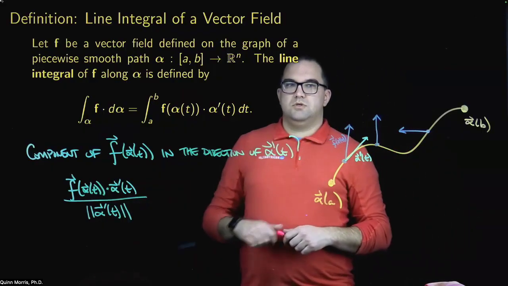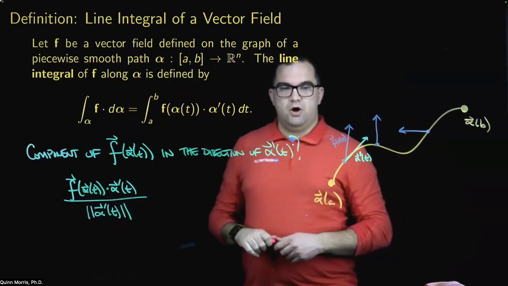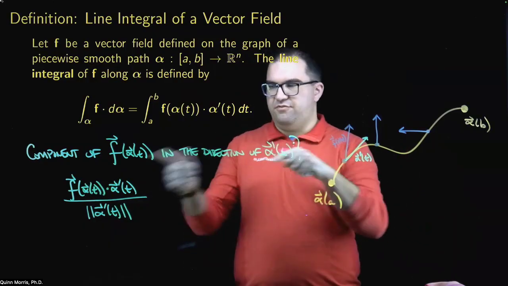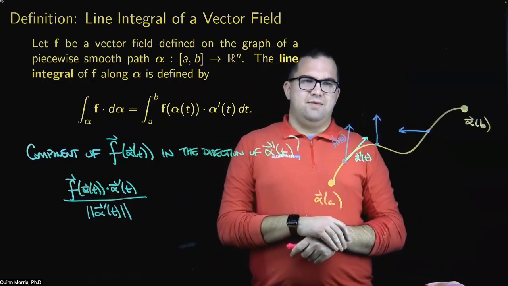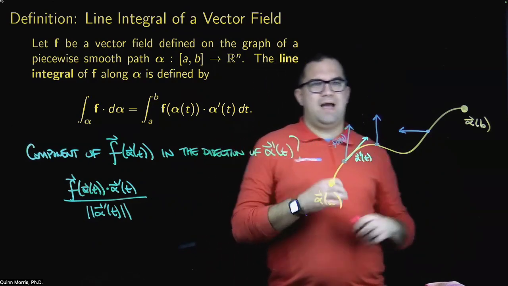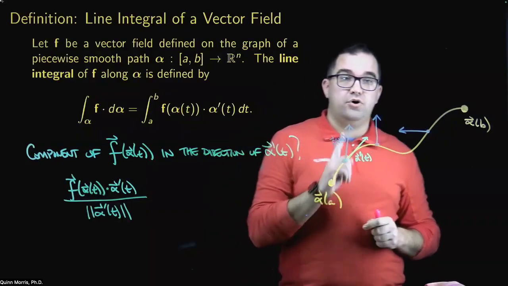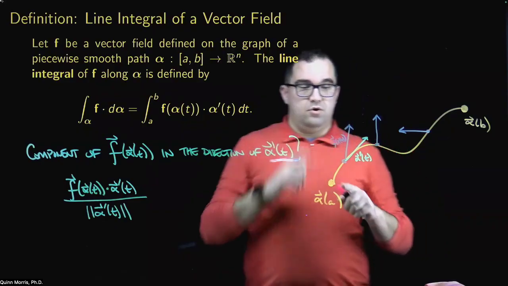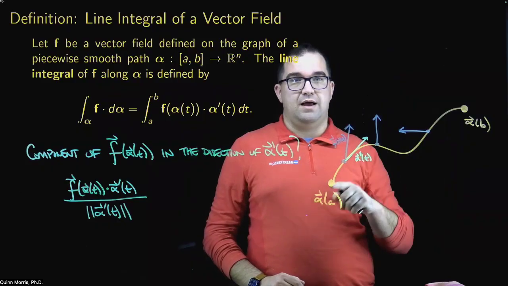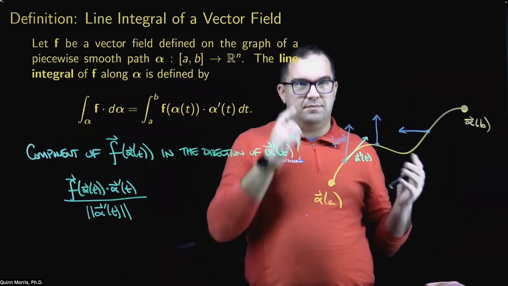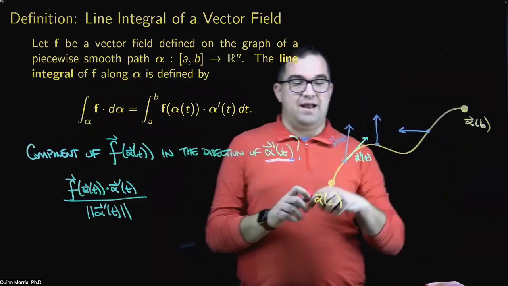All right. So you see this dot product here and this dot product here, but how do we get from here to here? Well, at each point, I can define this quantity, and this is a scalar quantity at each point. And now I want to add them up, but I have to make a decision, which is how do I want to weight each of these values? One way to weight them would be with respect to time, how long I'm spending at each of these points. Right now, technically, I'm probably not spending any time at each of these points, but do I want to weight it with respect to time, or do I want to weight it with respect to arc